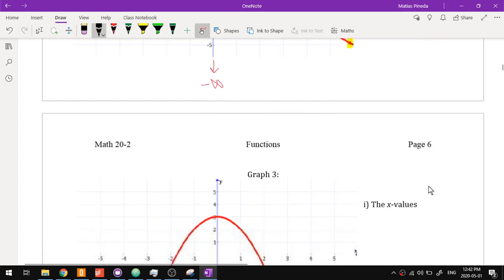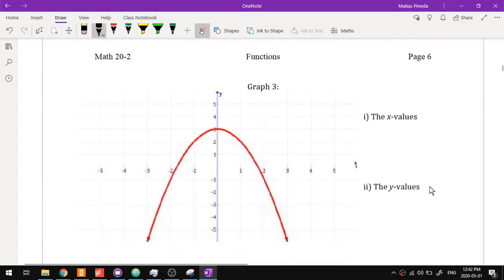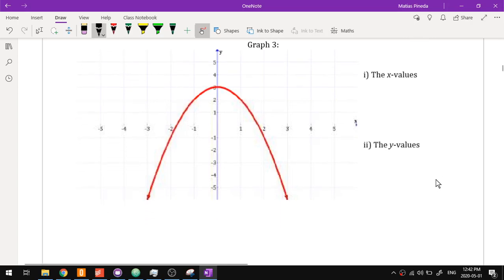Let's look at the next example. This time we do not have a linear function anymore. This is a parabola, but we're going to do the same exercise here. For the x values, we're going to define the domain. Again, we have arrows at the left and the right-hand side, which means that if we extend this quadratic function, this parabola, on the left-hand side forever and ever,